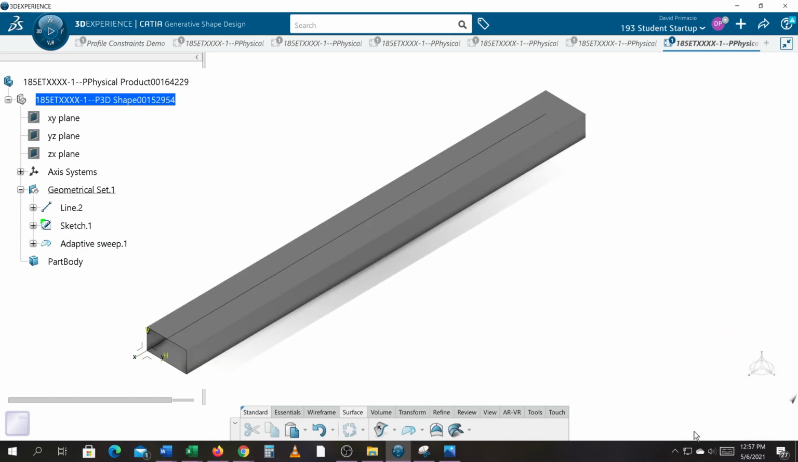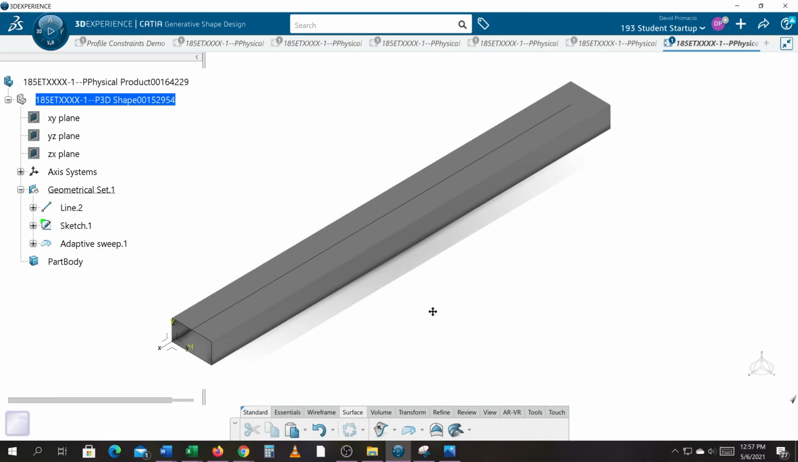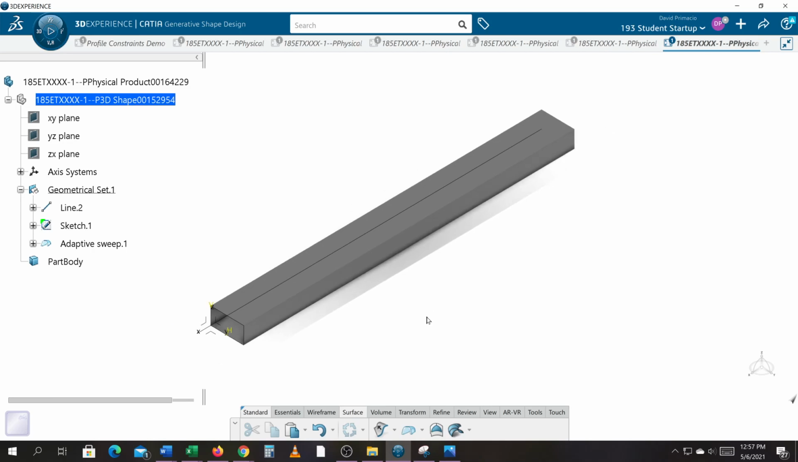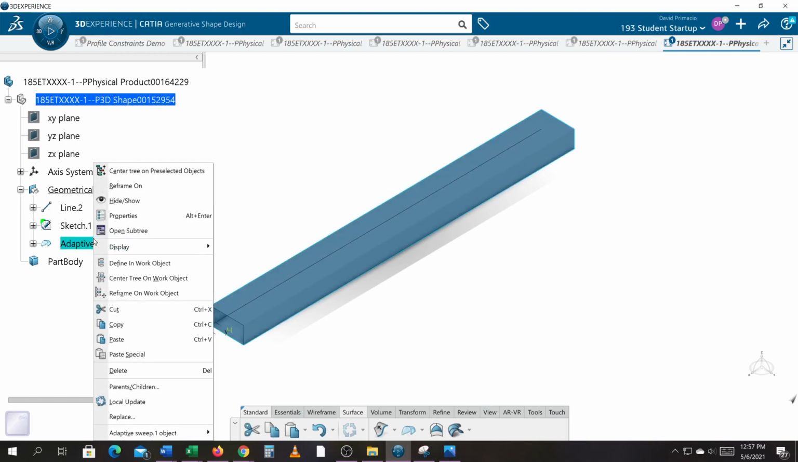All three of them actually are identical surfaces. So why do you have to have so many different ways to do the same thing? Well, each one has different features, and the features with adaptive sweep, I think you're going to find are really cool. I will hide the sweep for now,